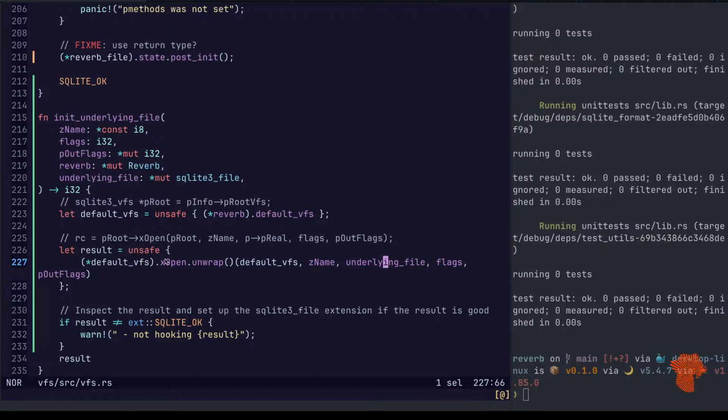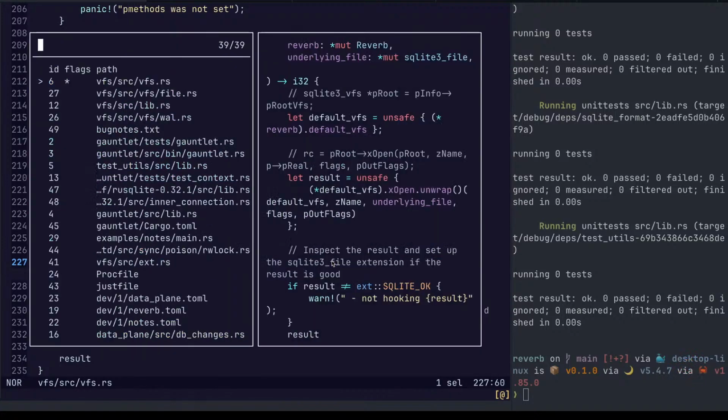And at the moment, because the first call to xOpen sets up this pointer that we keep around, after it's closed the first time, this pointer is not valid anymore. So we need to have our own copy that we can manage the lifetime of. So 3 bugs.